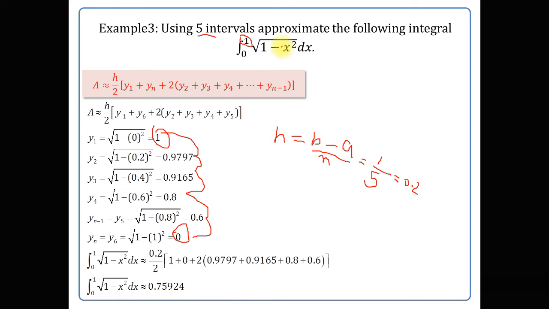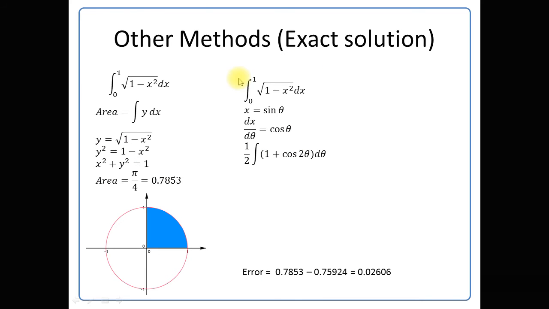0.75924. Now we can calculate this definite integration by using the fundamental theorem of integration. By using substitution, you can calculate this definite integration. Suppose we put x is equal to sine theta, then dx by d theta is equal to cos theta. Now putting these substitutions, we obtain the integration of 1/2 into 1 plus cos 2 theta d theta. Now calculating this integration and putting in the limits, you will obtain the exact result